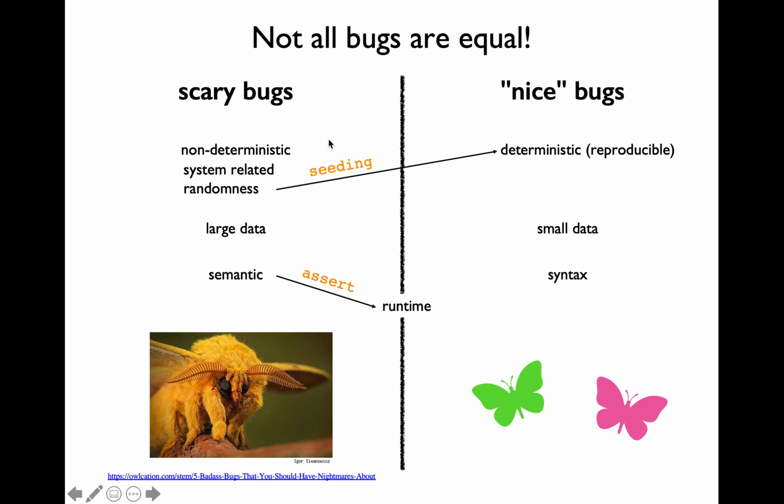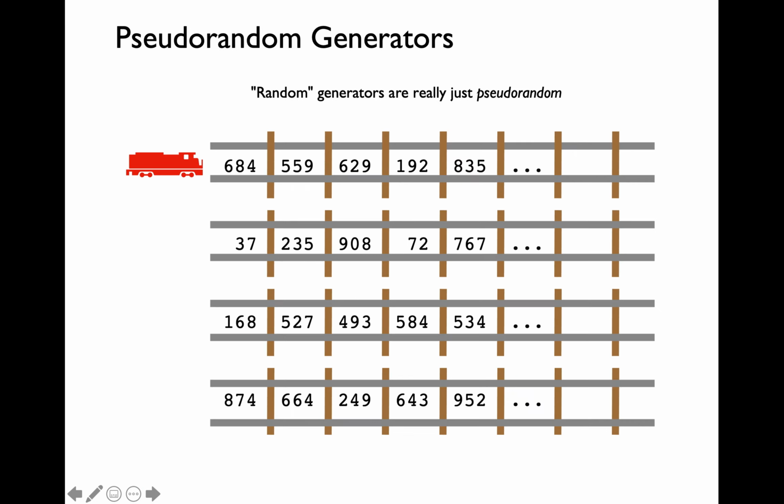What we are going to learn now is the concept of seeding, which is going to enable us to convert randomization based non-deterministic bugs to deterministic bugs. Seeding is a really fun topic. So far, we have been talking about random number generators. Those are all actually pseudo random, which means that they are not truly random. Seeding is the concept which enables us to understand the pseudo randomness of the random generators.